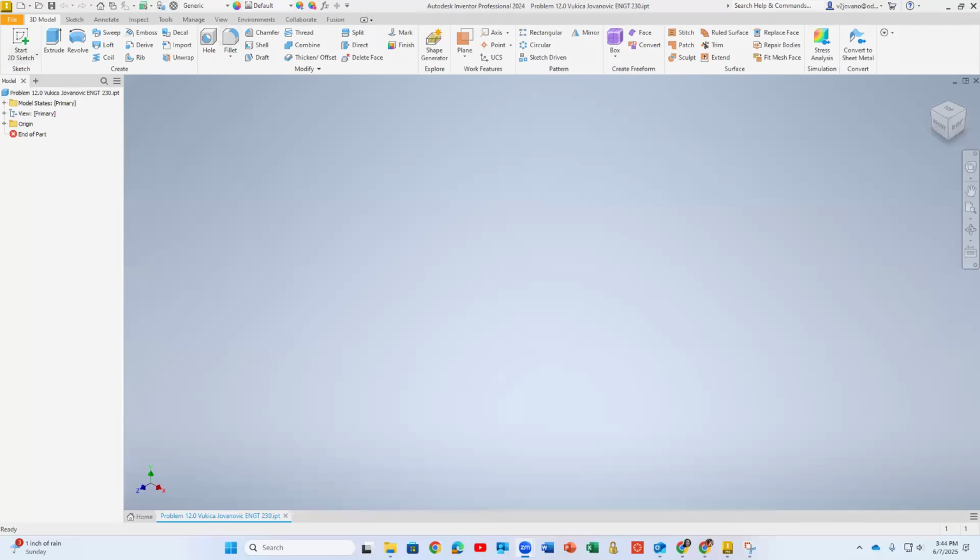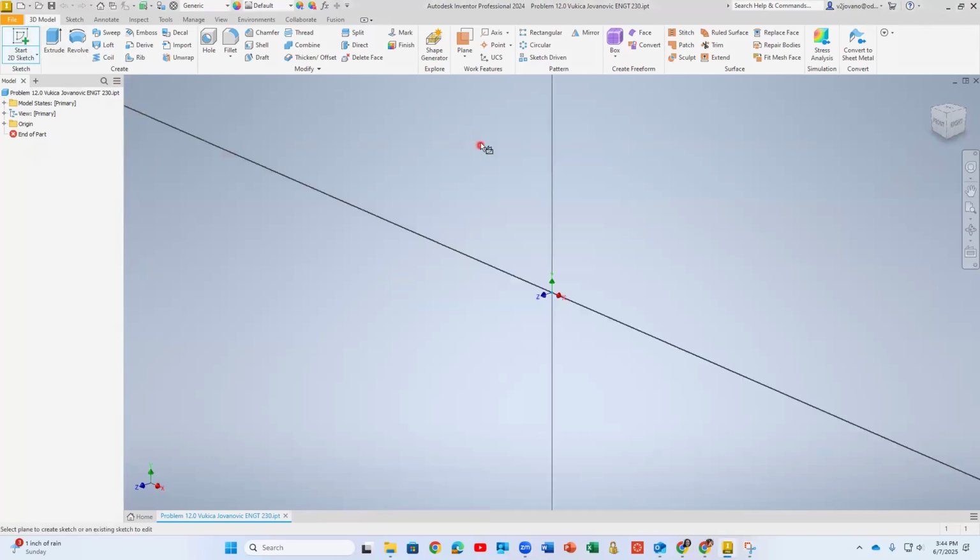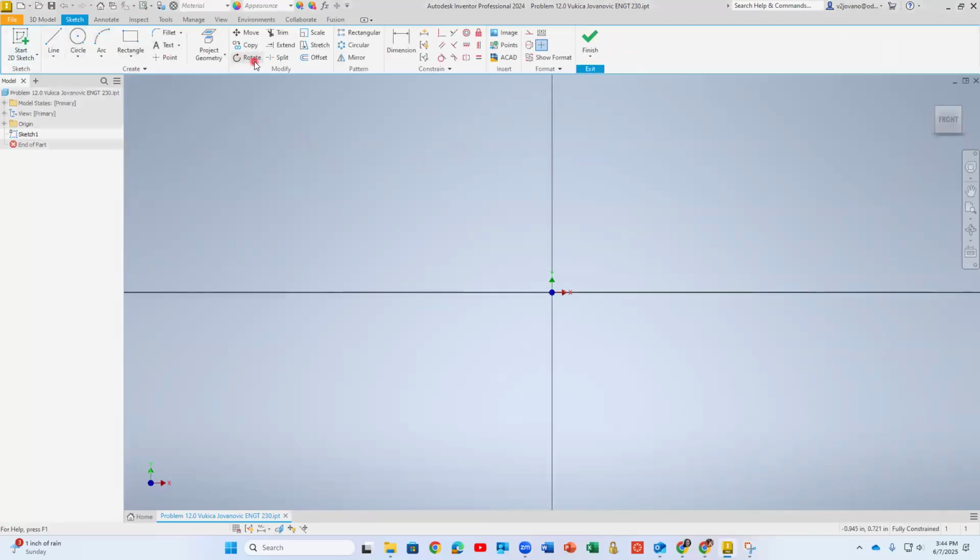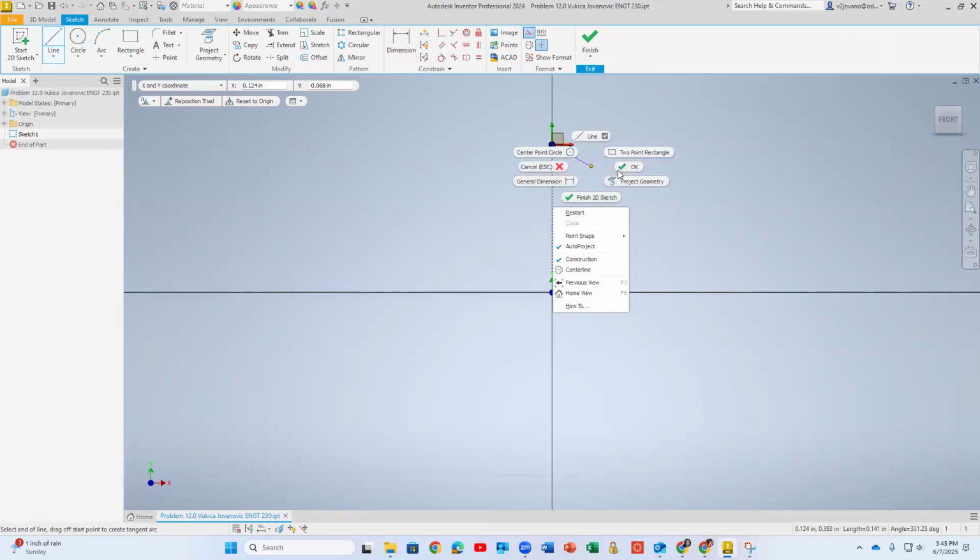Hello, now I will show you the tutorial for introduction to stress and basic stress analysis. For the basic stress analysis, we will first draw the part that you have in chapter 12. So we will start the 2D sketch. And since this part is symmetric, let's make a symmetry line for the beginning, just to have something